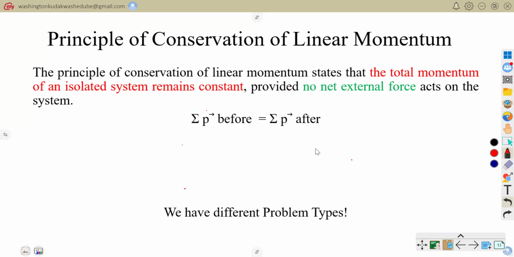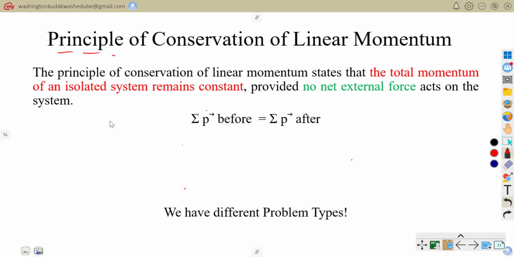Like I promised, in this video we are going to be looking into the principle of conservation of linear momentum. There is a law that governs conservation of linear momentum. That law is the one that we use whenever we are solving problems to do with what? With conservation of linear momentum. So we are always going to be given either collisions or anything to do with collisions, and we apply this